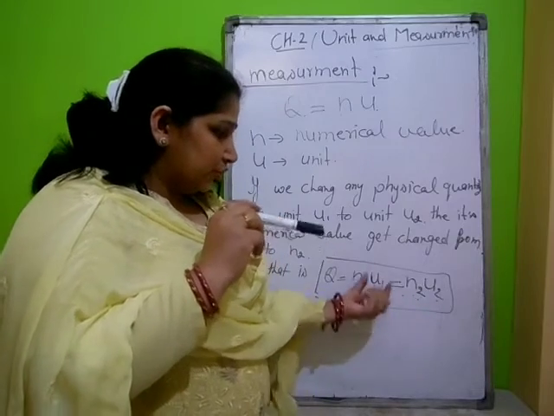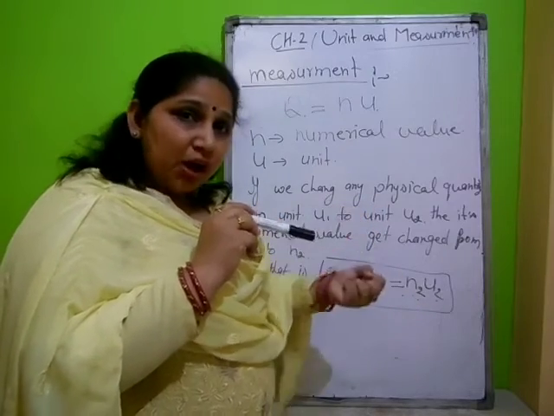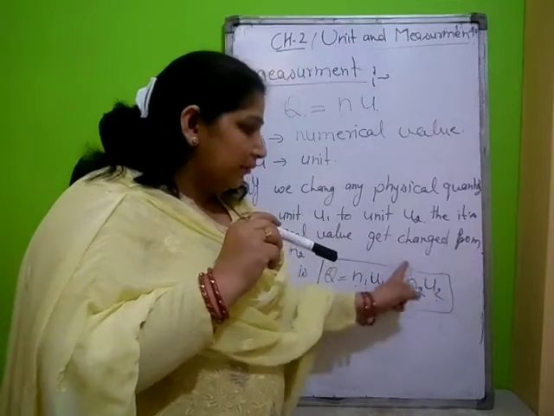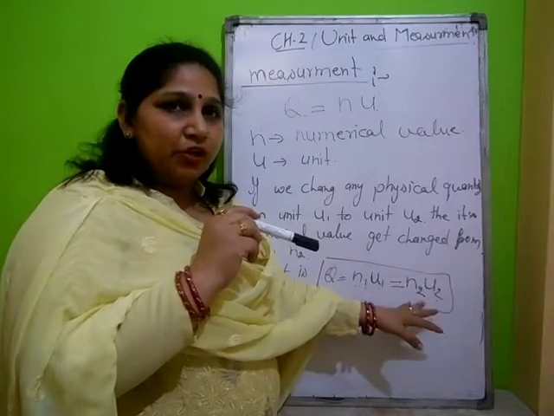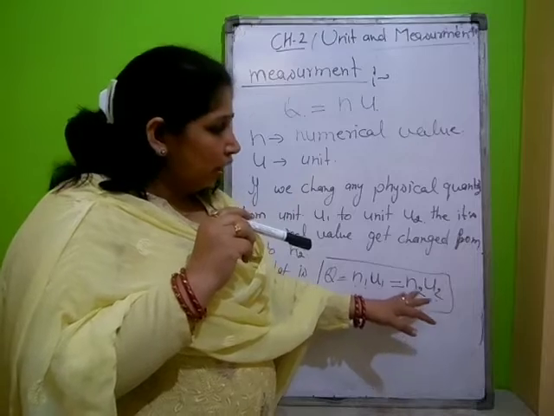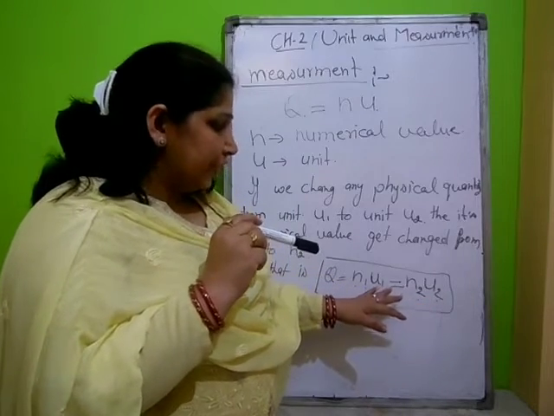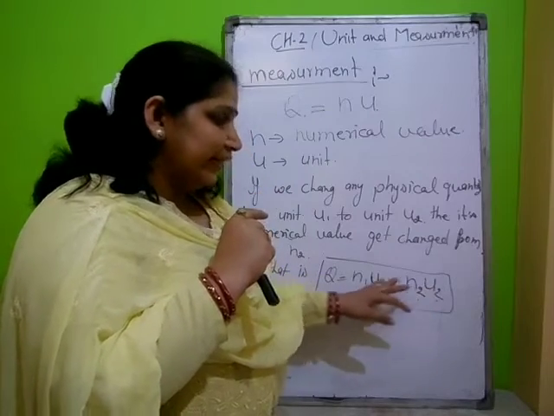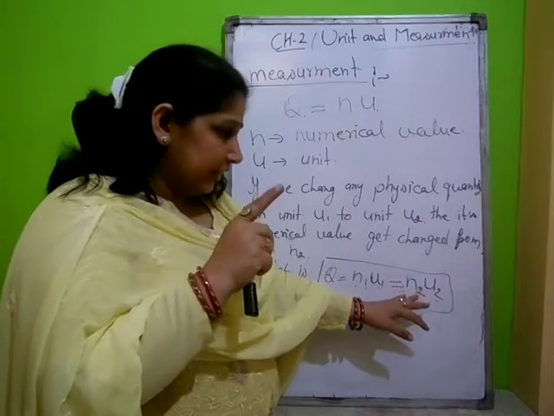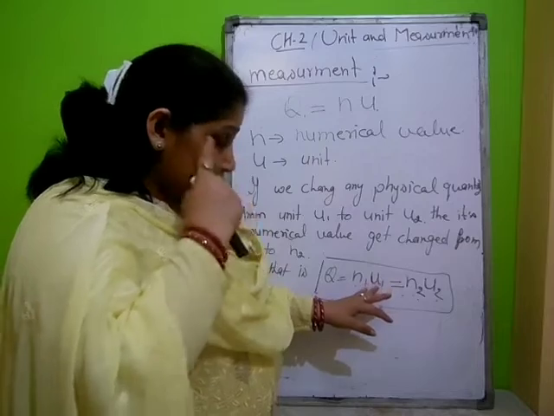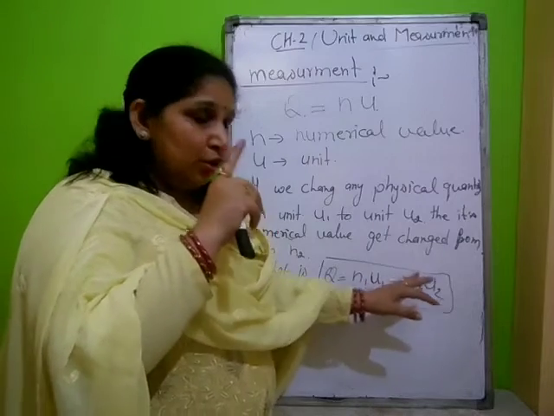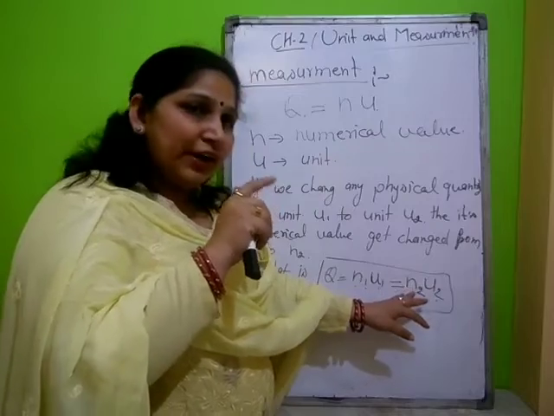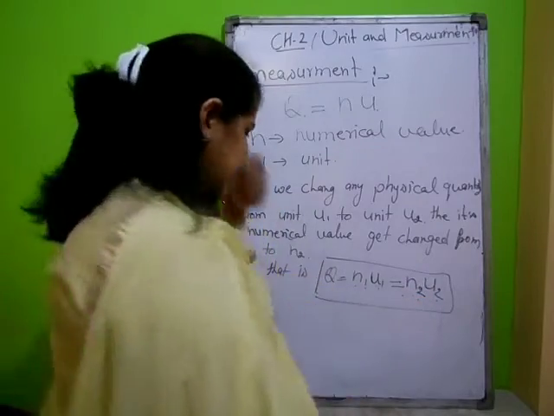When we use the smaller unit, the numerical value will increase as the total value will remain the same. So on changing the unit from a small unit to a higher unit, the numerical value gets decreased. And if we change the unit from a higher unit to a smaller unit, the numerical value gets increased. Such as